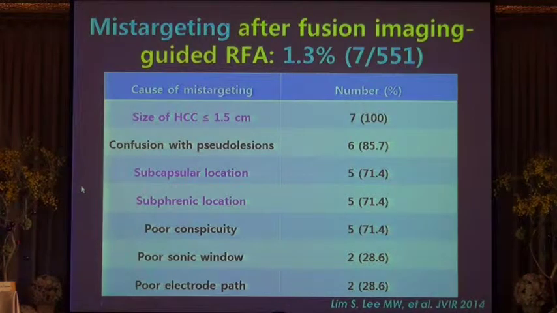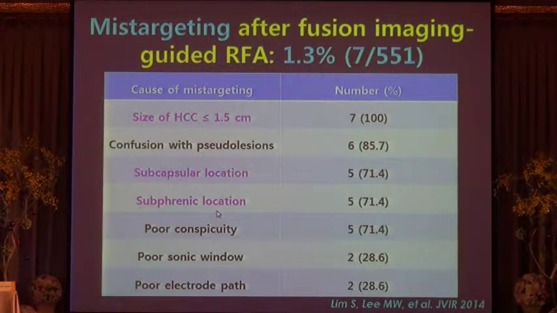Although fusion imaging is a promising technique, it is not always perfect. Mistargeting can occur even though fusion imaging is used for guidance of RFA. This is a table showing the mistargeting after fusion imaging-guided RFA. In this study, the most common cause of mistargeting was small size of ACC, followed by confusion with pseudo-lesion,